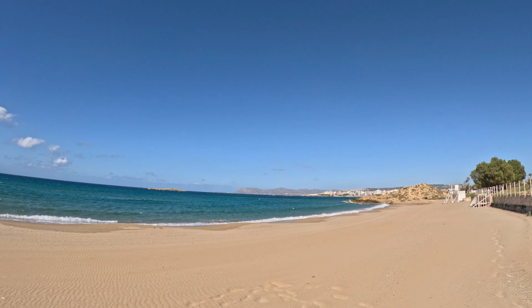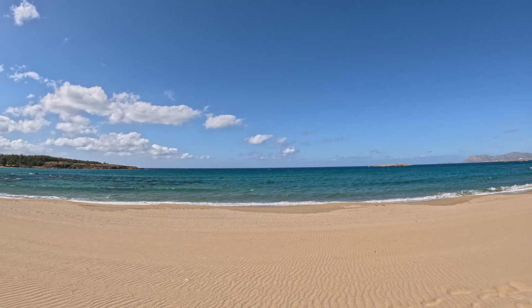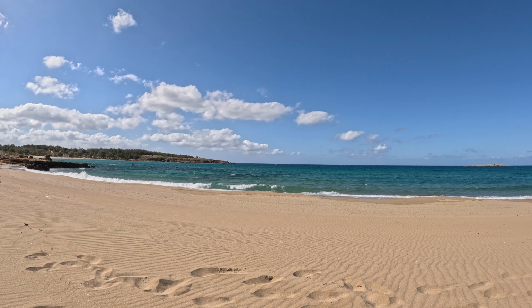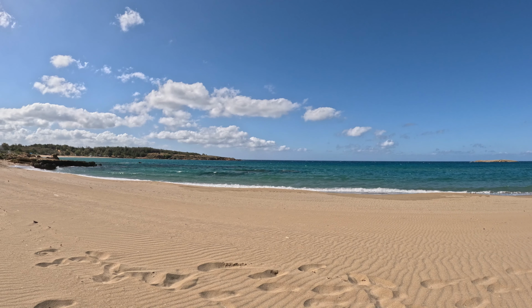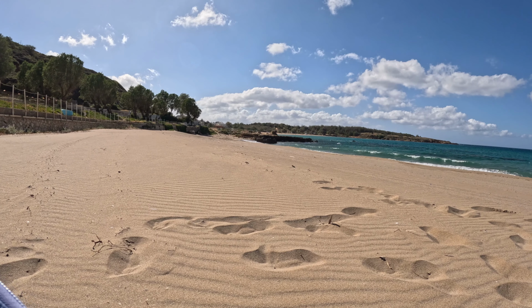I have been walking from Aegean Marina all the way to Cretan Sea here and exploring the same beaches that I did explore 3 days ago, but now with a bit more sun. So yeah, it's amazing, isn't it? I'm getting ready for another beach adventure here as you enjoy this beautiful